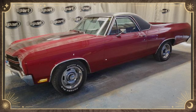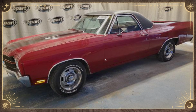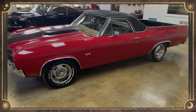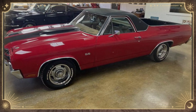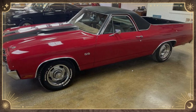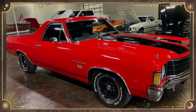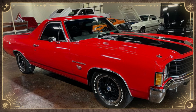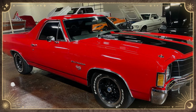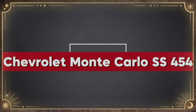Today, the GMC Sprint SP is a rare and unique vehicle that combines the power of a muscle car with the practicality of a pickup truck. Its limited production makes it desirable among collectors, and its unique concept makes it an interesting chapter in muscle car history. This car remains a symbol of how an innovative approach can lead to the creation of an unusual but incredibly interesting car. Chevrolet Monte Carlo SS 454,